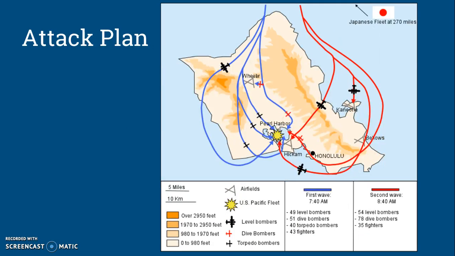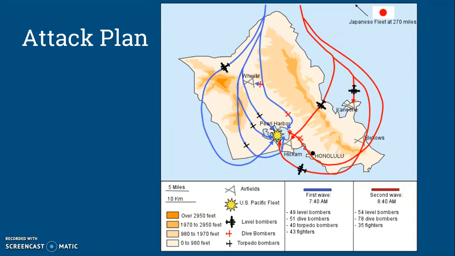This right here is a visual aid to show the attack plan, which was launched from, like I said, about 270 miles away. It shows the first and second wave, because the third one didn't end up being launched. We'll talk about that, and the routes they took over the island. And as you can see in the key, there are air bases on the islands, and the waves managed to hit these on their way to attacking the fleet in the harbor, which was important because they took out the air bases and destroyed a lot of aircraft.